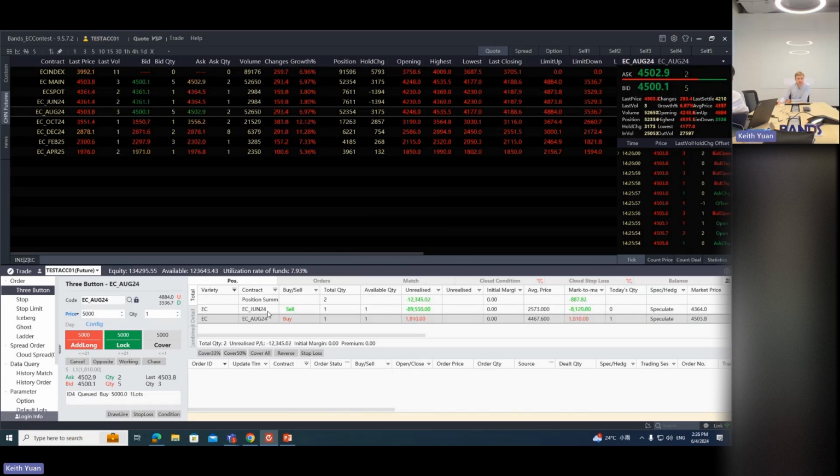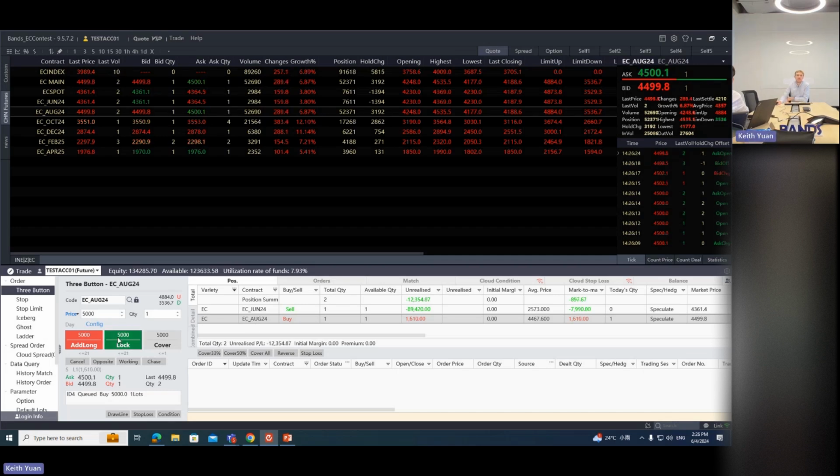Now, if I mentioned I already have a long position here, I now want to maybe close this position out. I can see I've made a bit of a profit here, so I'm happy to take this profit, and I want to de-risk and get rid of this position. You might think, okay, I'm just going to go ahead and sell. But in actual fact,